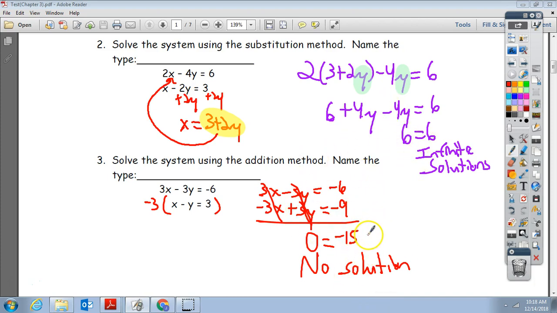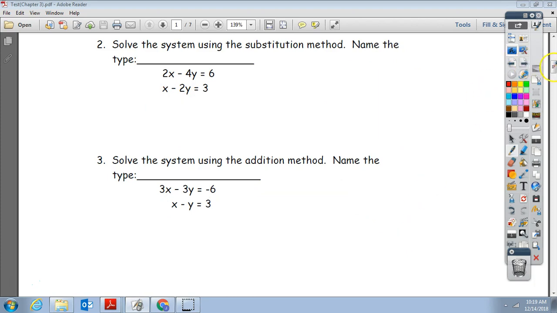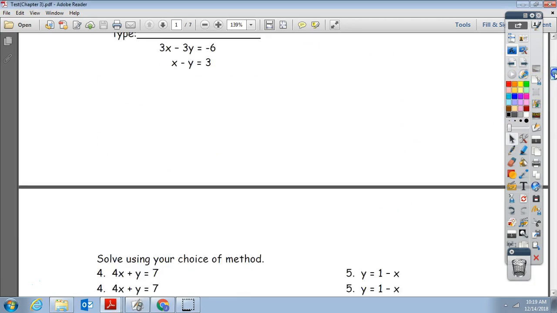Now that doesn't always happen, that you get these two answers. I just had these in particular on this test. Usually you have some type of answer that you get. So if you take a look at something like,